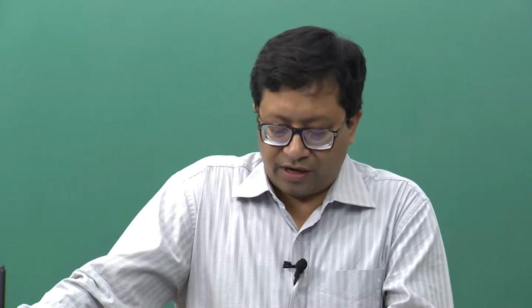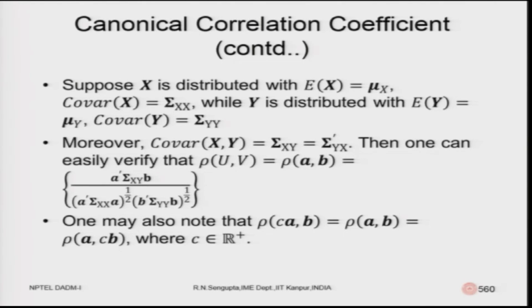Thus, one can verify very easily that the correlation coefficient existing between u and v would exactly be equal to that existing between a and b, the variables which you want to find out. So, we want to find out the covariances of a and b using this formula, which we will try to utilize. This is the correlation coefficient: the term in the numerator is the covariance and the terms below are the standard deviations, the same formula which you use.